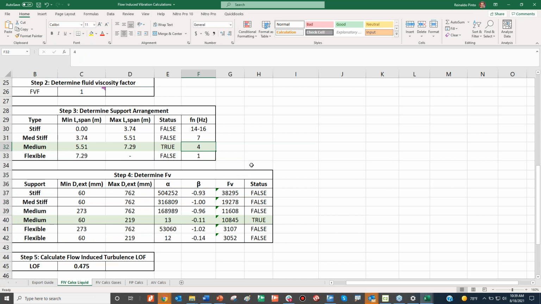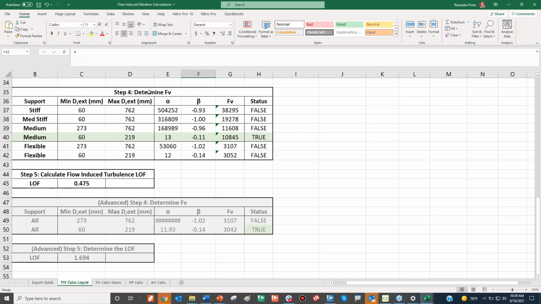And then it calculates the FB factor based on the type of support distribution that you have. So it calculates the beta and the alpha factor, and finally it calculates an FB of 10,845 as a value. So finally it calculates the LOF for you, that it's 0.475.